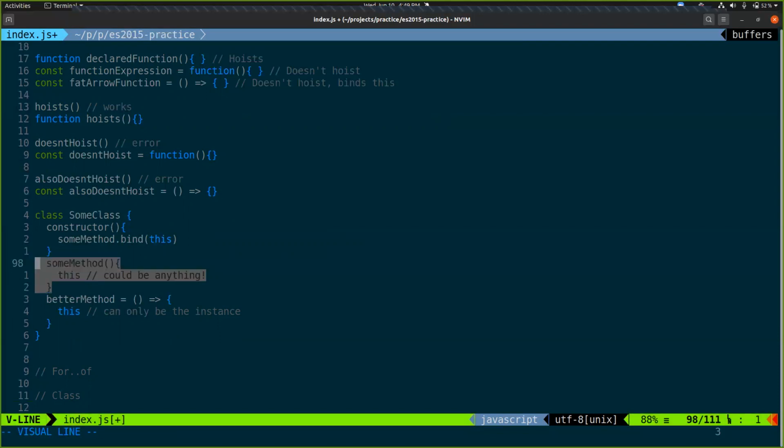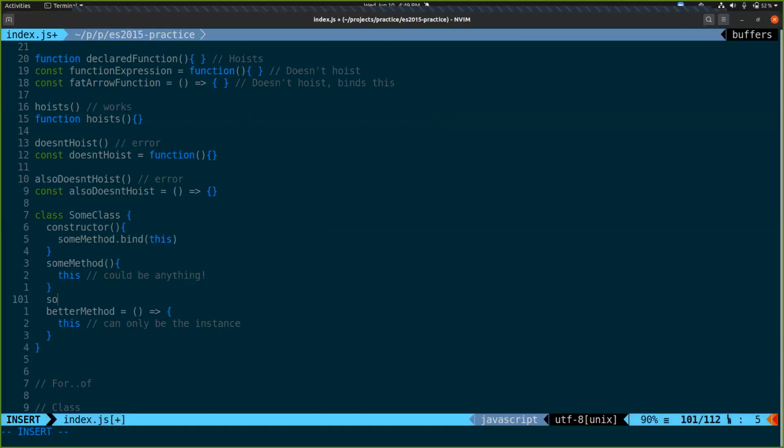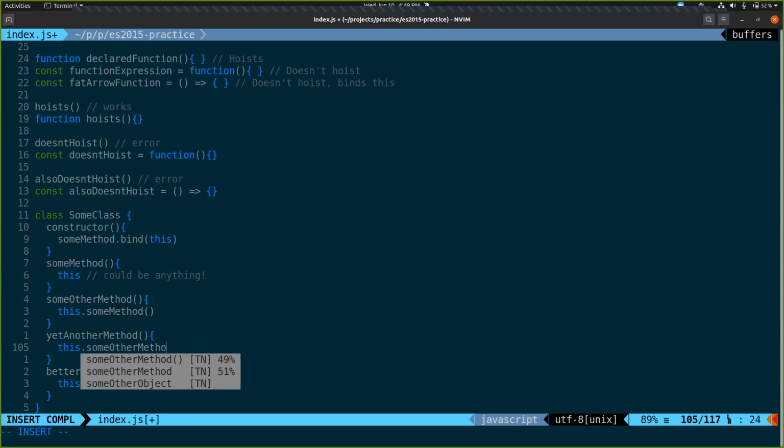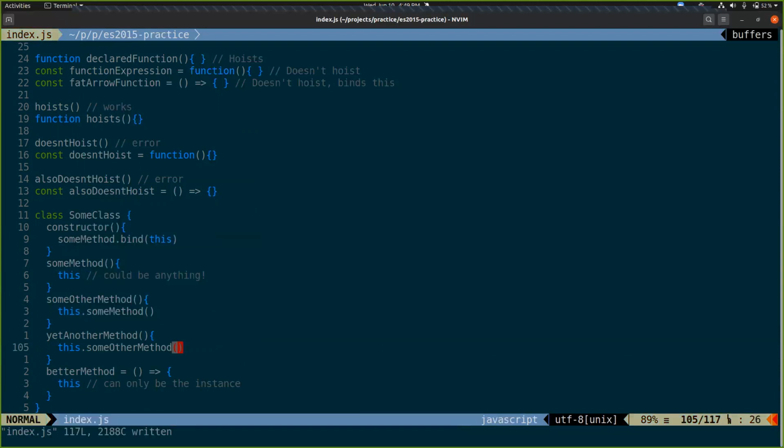One more thing that might underscore why this is confusing. Let's say we've got some other method and it calls this dot some method. We've got yet another method and it calls this dot some other method. This seems like it should work like it would in Ruby. The problem is calling context.